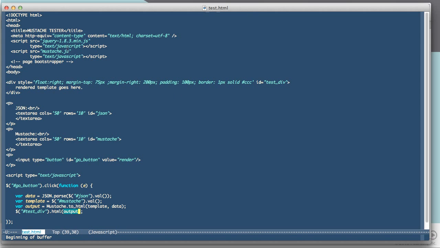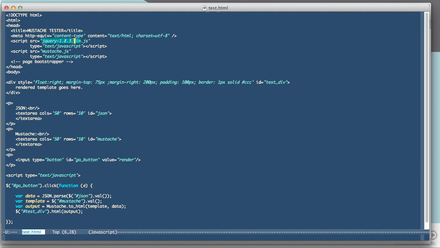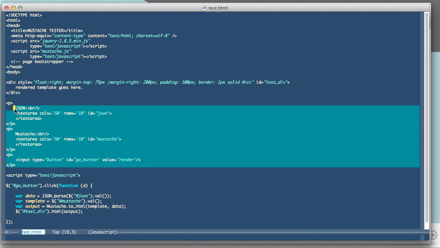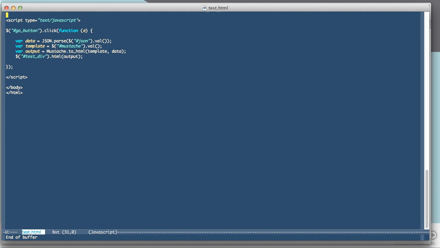The source for this little tester is pretty basic. There's just a bunch of HTML to load in jQuery, which we will use to do our work, the Mustache framework, which will do the rendering, and then the contents of the form and the text areas and everything. But all the key work on the page is done by these 4 simple